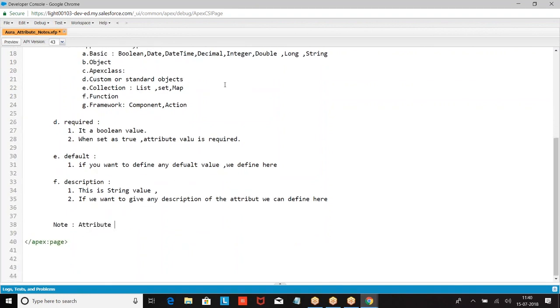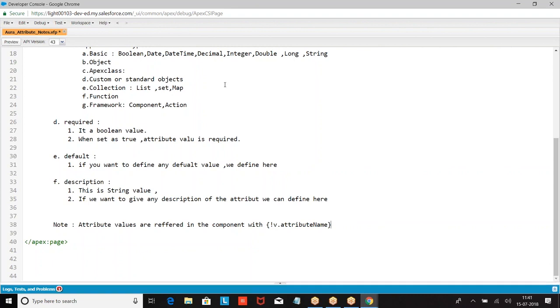Attribute values are referred in the component as, so how they are referred in the Visualforce. How do you refer to the variables?